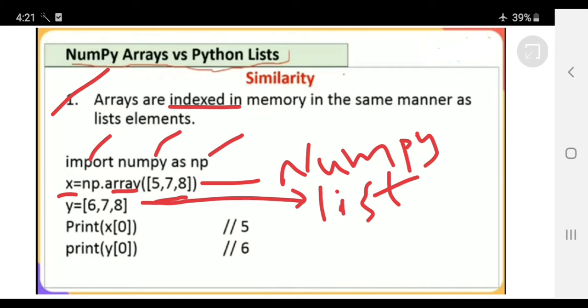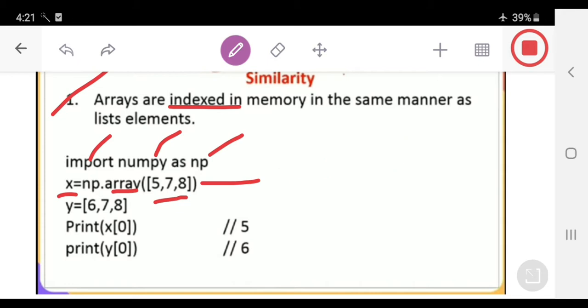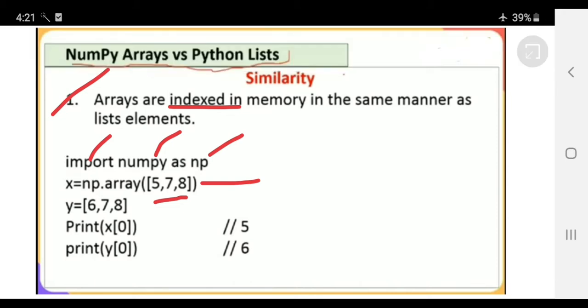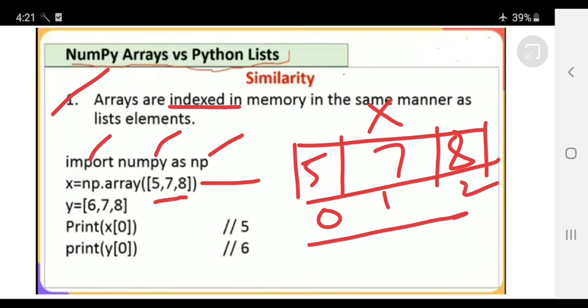I am trying to print the values here. The first value I am printing is x of 0, where x is an array and the values present in the array are 5 7 8. So we will have 3 blocks. The first block has 5 7 8. This is x, with indexes 0 1 2, and the other one is y.